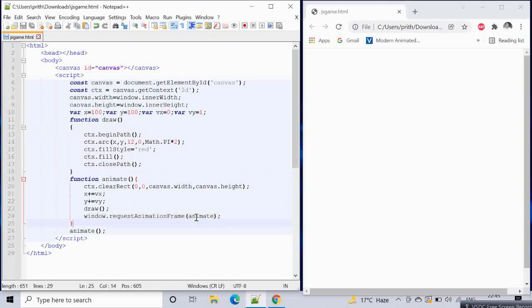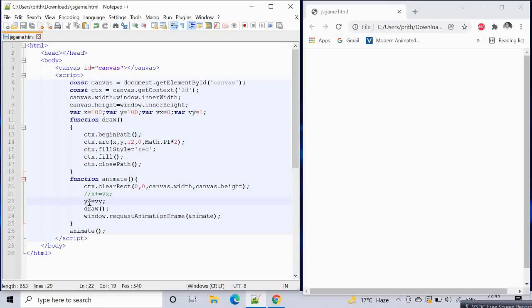Then the animate function is getting called again and again, like recursion. Every time, we render a circle, but at the same time we clear the previous canvas. That's why we get this falling effect, because the position of the ball is changing continuously.